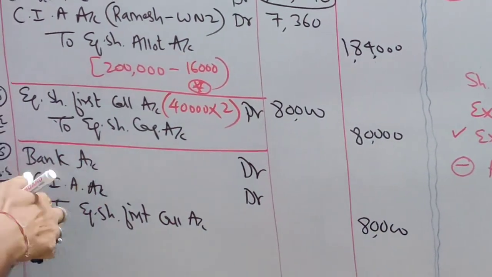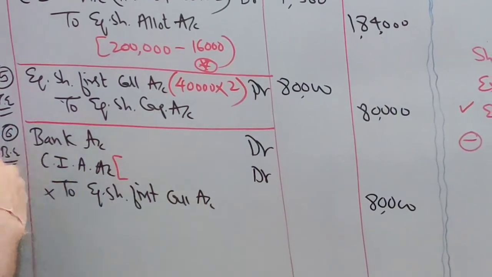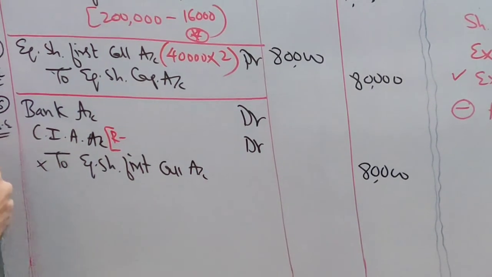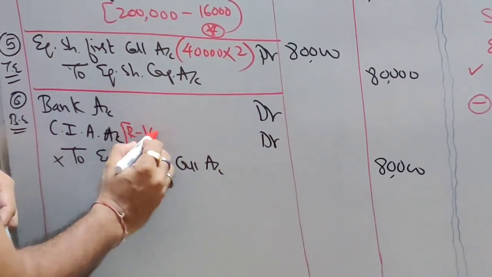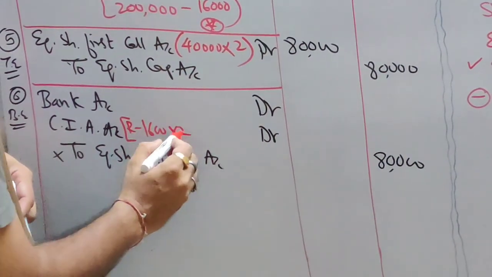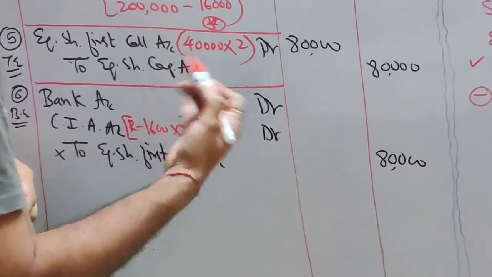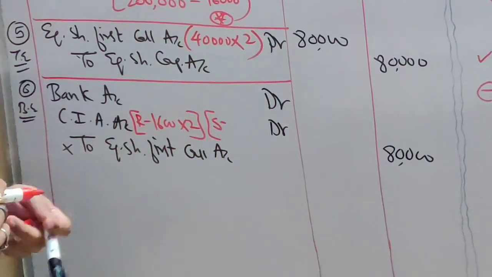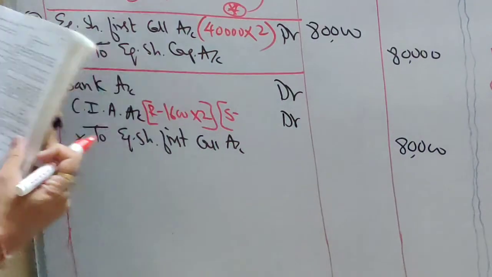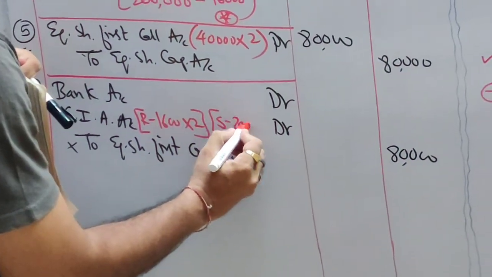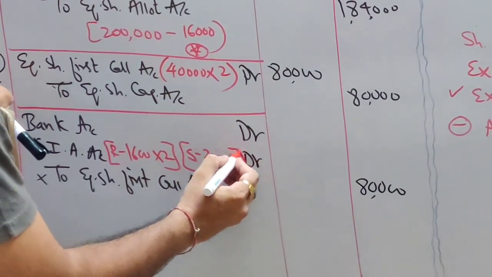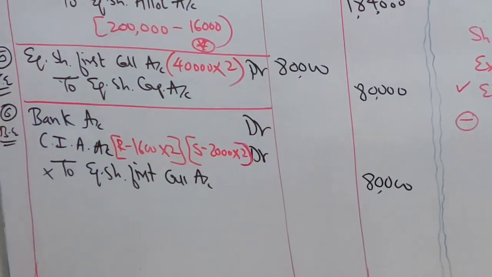Now let's do the working for arrear. Ramesh, how many shares was Ramesh holding? 1600 shares. Into how much did we ask in the first call? 2 rupees. Correct? Then another shareholder, Suresh. We have to check the question. How many shares was Suresh holding? 2000 shares. So 2000 into first call, 2 rupees. So this is the arrear made by both the persons.